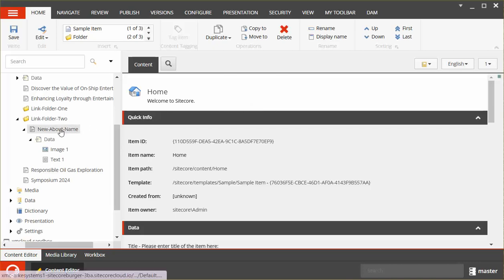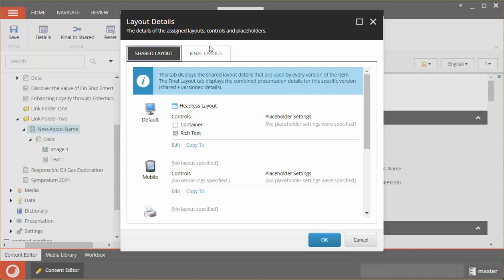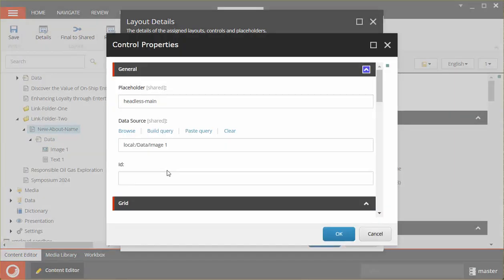I'm going to go to this particular page, one I just created out of the blue, and I'm going to go to presentation details and go to final layout. When I click on a component, let's go with the image one, many of these components are set up so that when you click on browse,